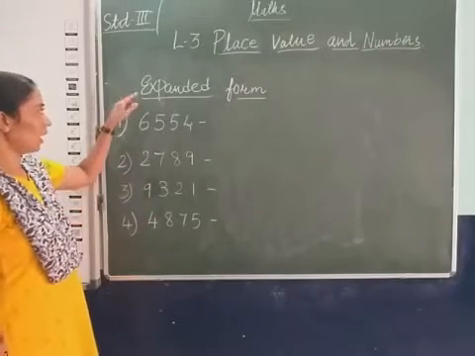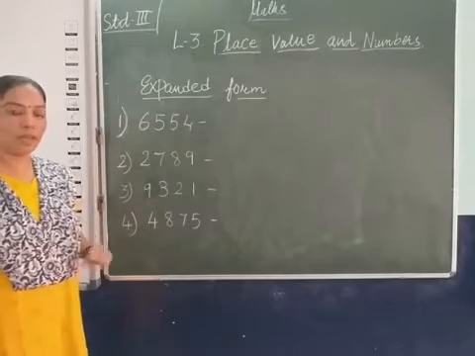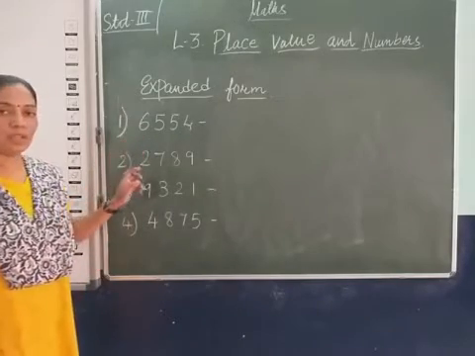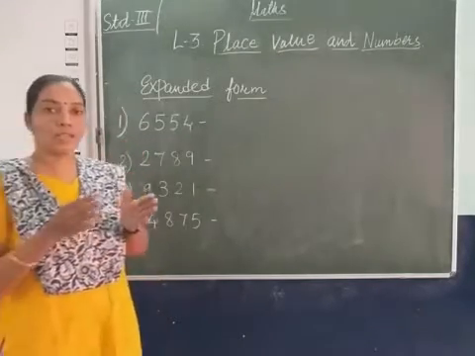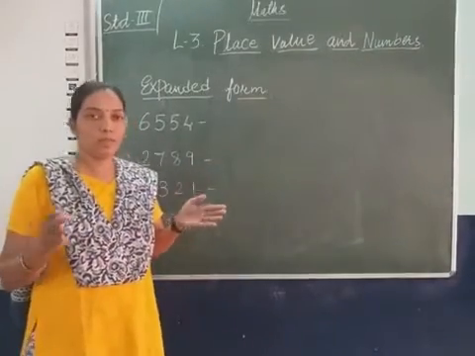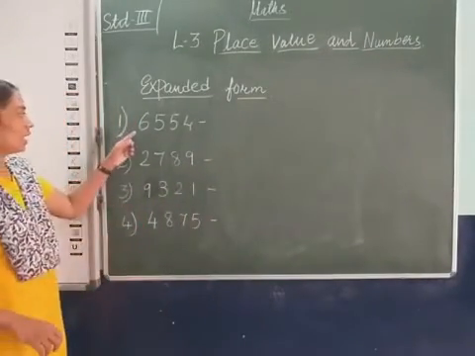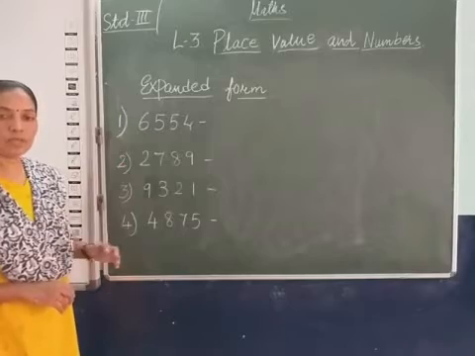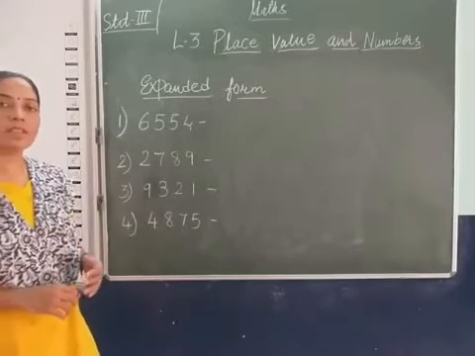We learn now expanded form. Here the number is given and we have to write it in the expanded form. See, 6554. 6554 we read as the